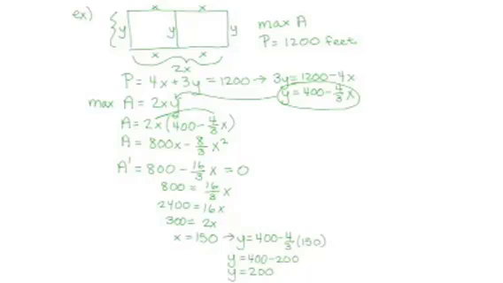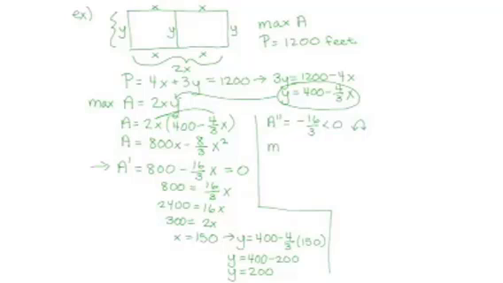Alright, to verify that this is indeed a maximum, we have to do the second derivative. So let's find the second derivative, because remember this could be where it's a minimum possibly. This might be what minimizes the area. So finding the second derivative, the derivative of our first derivative, 800, is 0, and the derivative of negative 16/3 x would just be negative 16/3. Since this is less than 0, that means our function is concave down, which means this is a point that will maximize the area. So therefore, we could say that